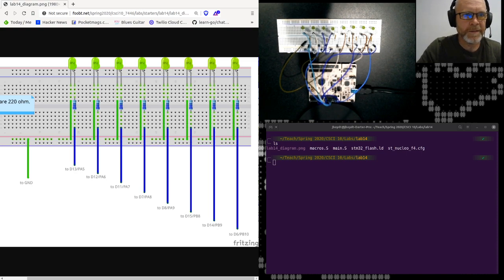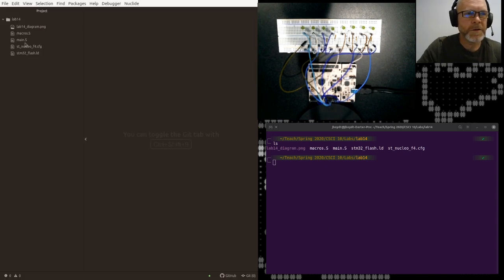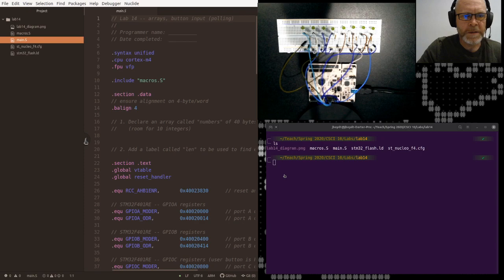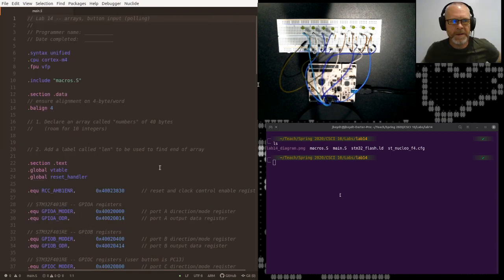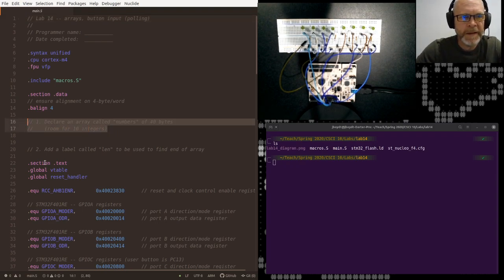Okay, just checking my setup. I think we're all good. Okay, so I'm going to hide my browser and start looking at the code. I'm going to start in main.s, and I'm just going to work down until I am forced to move over to macros.s. So right off the bat, I encounter number 1 here, which is to declare an array called numbers of